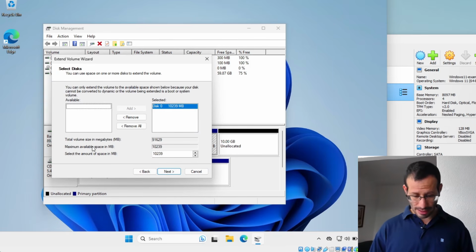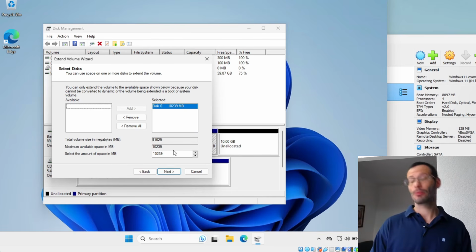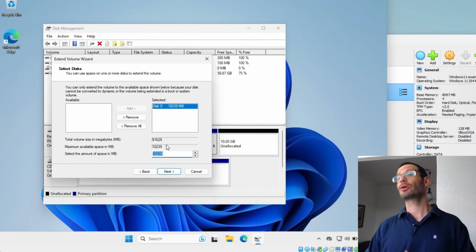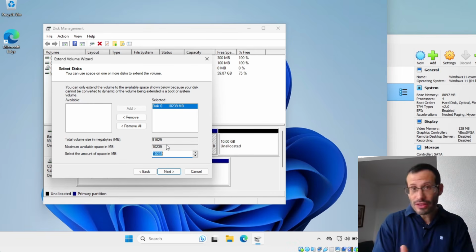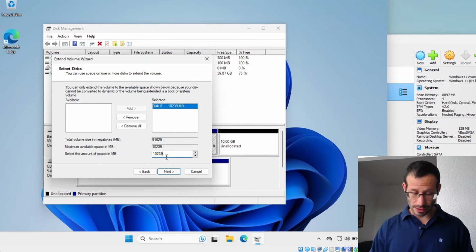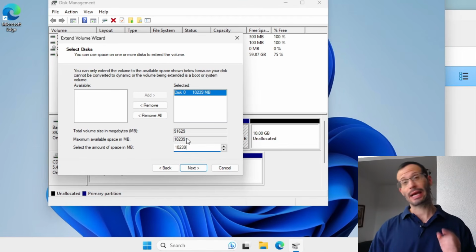And here we can see the maximum available space in megabytes. So we can see that we have about 10,000 free megabytes, which is about 10 gigabytes. And we need to make sure that here we have the same number as we have here. And what it means is that we're going to add all of the new disk space we added to the virtual machine to the C drive. So we have 10 new gigabytes in the virtual machine, and we're going to allocate all of them to the C drive in this virtual machine. So we need to make sure that what I write in this box is exactly the number I have here. And if this is the case, we can click on Next